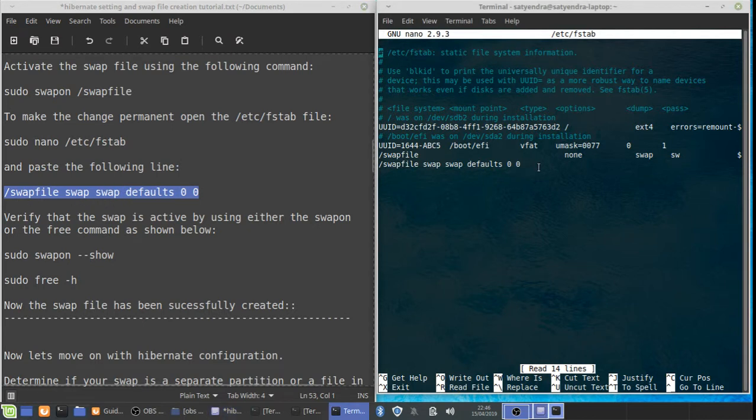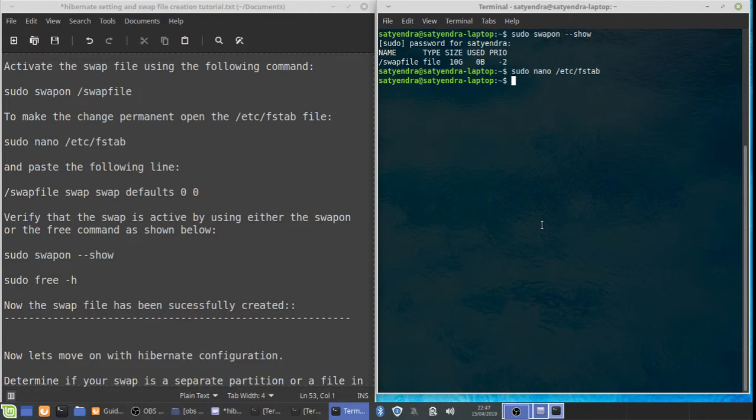this thing, and just paste it here. Like I have added this line here. So you have to add this line here as well. So it will retain your swap file through successive reboots. And to write the file, you have to press Ctrl plus O and enter, and to exit, Ctrl plus X. Then you will get back to the window,